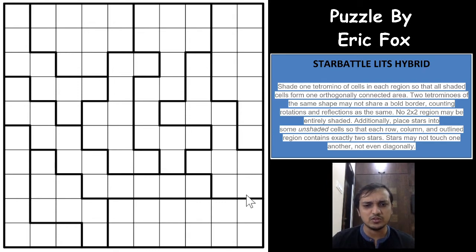It seems to be a very good puzzle, because both are my favorite genres, lids and star battle, and combining them in a single puzzle will really be a fun solve, right? Let us see if we can start this puzzle. Usually in a lids puzzle, you search for the regions with a lesser number of cells, so that you can shade some of the common cells in that region. For example, this is the common cell in this region that will have to be shaded. If you shade 4 cells from this side or this side, this cell would surely be shaded, right?